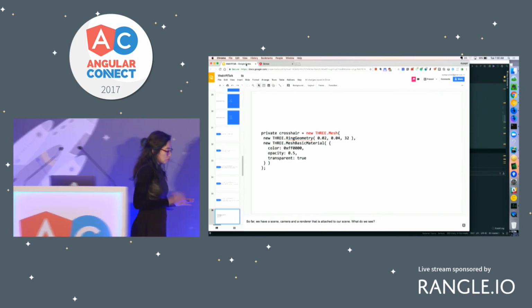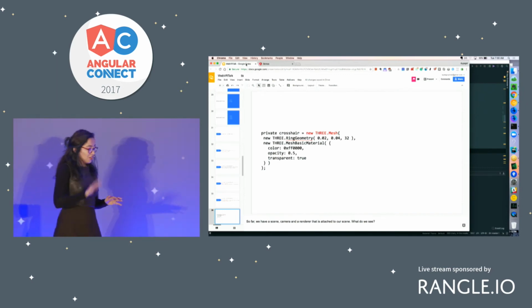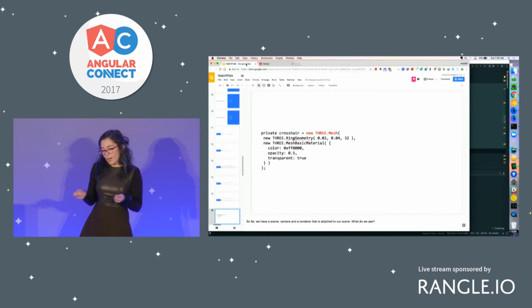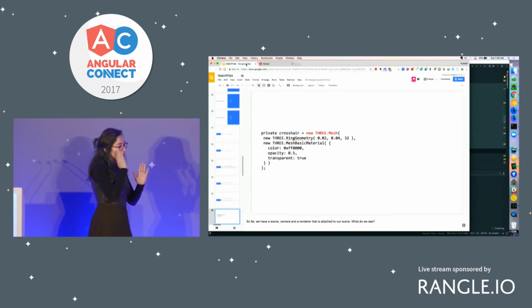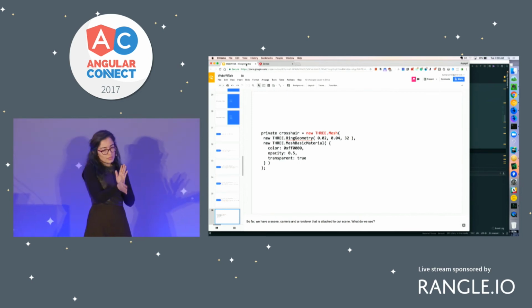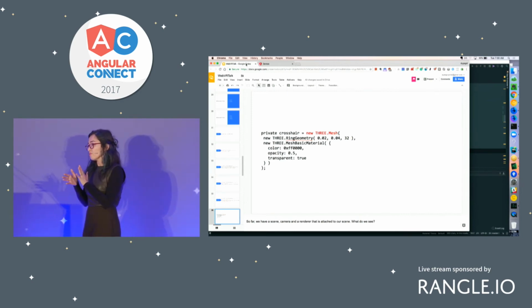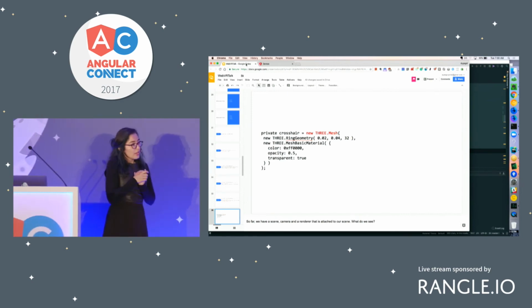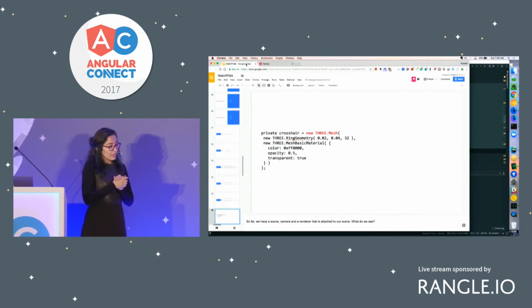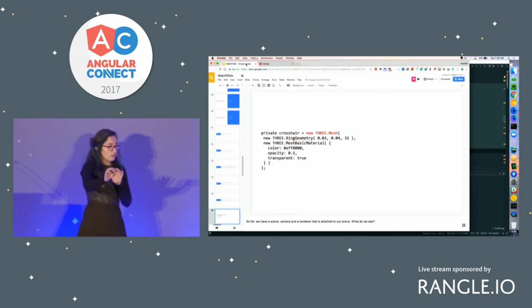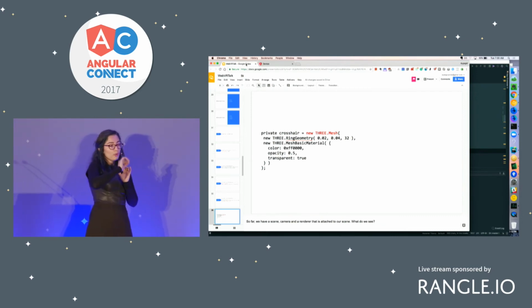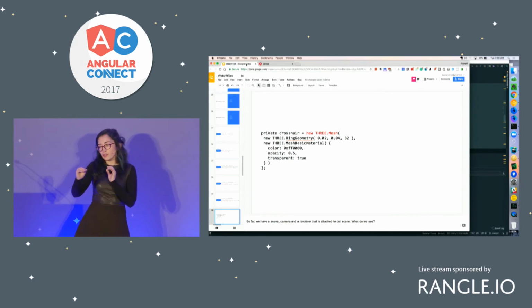So what we are trying to do here is, instead of using a gamepad API or any tools, we are trying to create this experience of looking at an object and being able to select it or hover over it. So to do that, we use this thing called ray casting. So basically, it's kind of like putting a laser on your camera, and whatever is intersecting with that light is going to be selected.